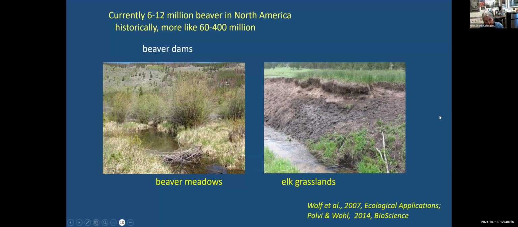So in the case of Rocky Mountain, the Park Service has built quite a few grazing exclosures to keep the elk and moose out, and they're building beaver dam analogs. And in at least one case, the beaver have moved in and built a better dam on top of the beaver dam analog, and they seem to be doing very well.